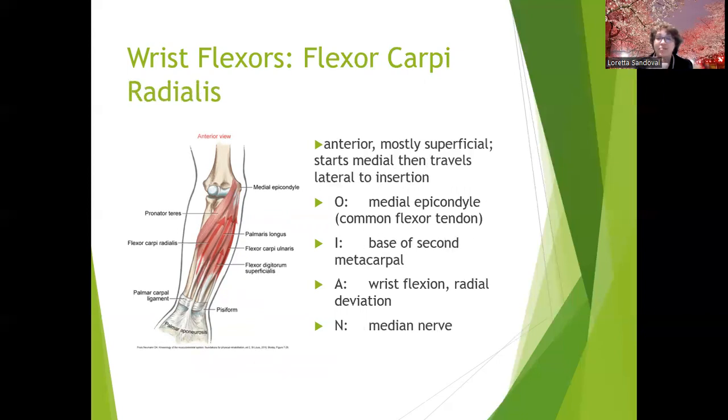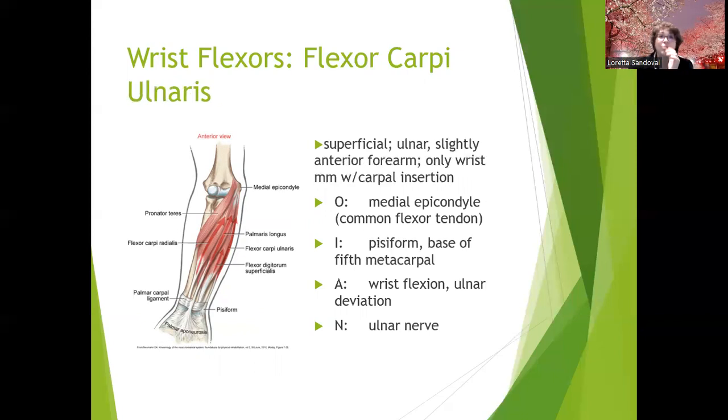The ones that attach on that do radial deviation get the median nerve, and the ones that do ulnar deviation get the ulnar nerve. So the flexor carpi ulnaris flexes the wrist and does ulnar deviation, gets the ulnar nerve because it's the ulnaris. It's superficial, it's slightly anterior on the forearm, and it's the only wrist muscle with a